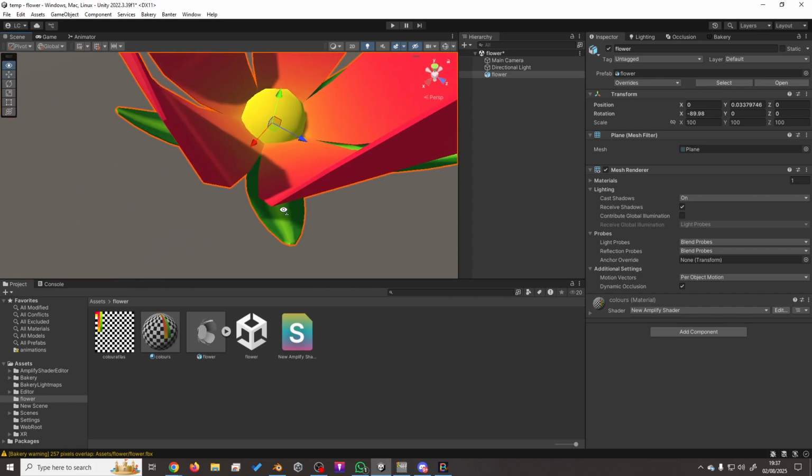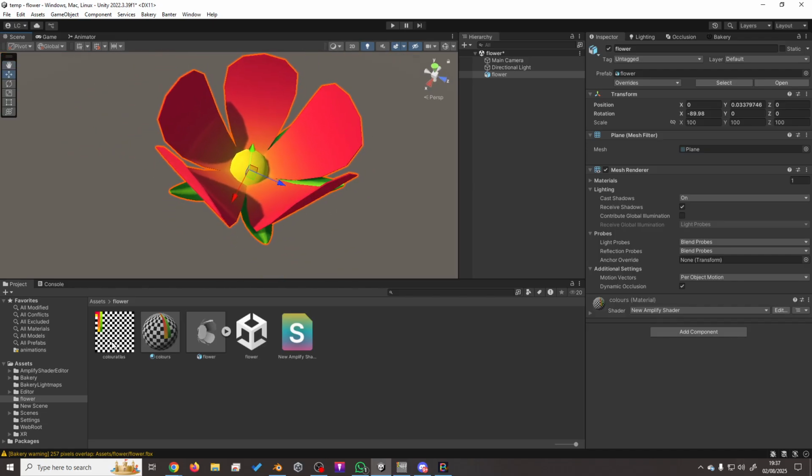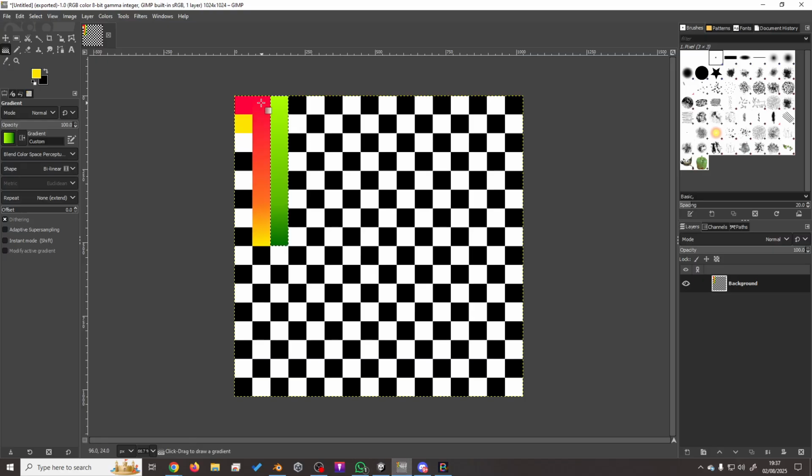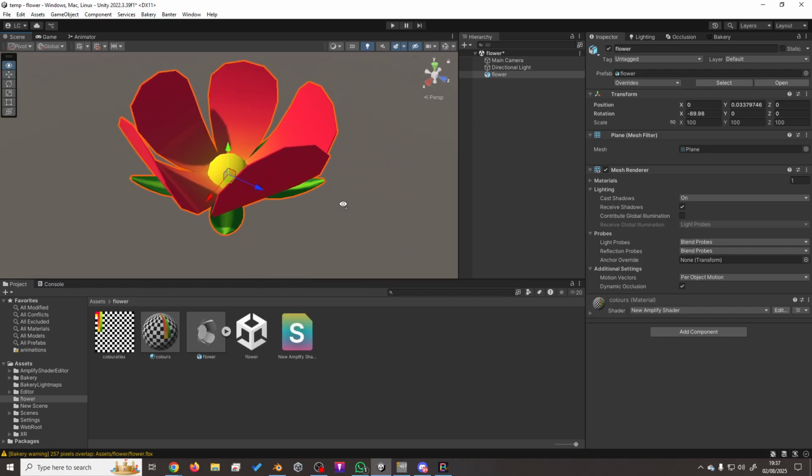And it's not as if we've baked a texture or anything. It's just a basic thing that we made in GIMP. And you can see we've used a tiny part of the image. We can do so much more here. It'd just be so cool. As many colours as you like, really. The only thing you can't do is bake the lighting,